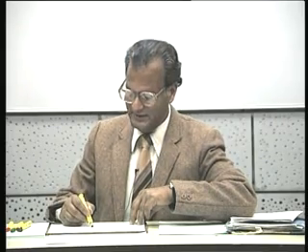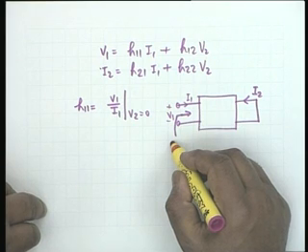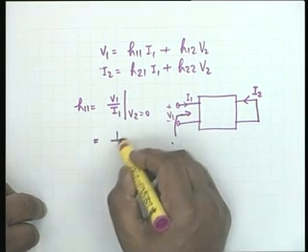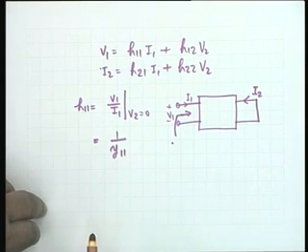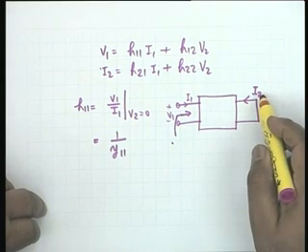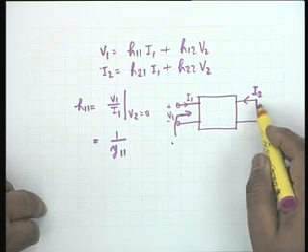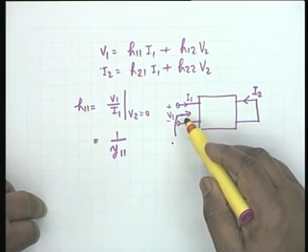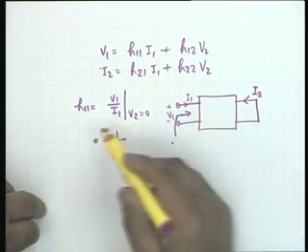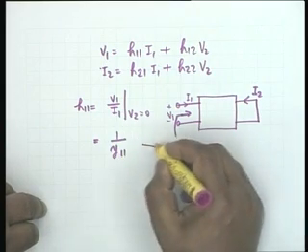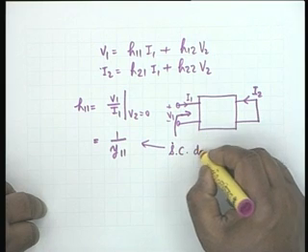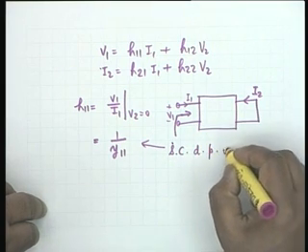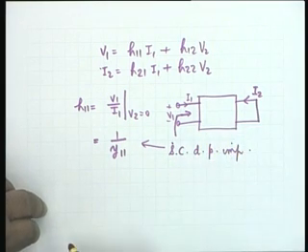So, what is the admittance? By definition, this admittance is Y11, and therefore, H11 is simply related to the Y parameter Y11. Output short circuited gives the input admittance as Y11, and therefore, H11 is Y11, and this is a short circuit driving point impedance. Short circuit driving point impedance.